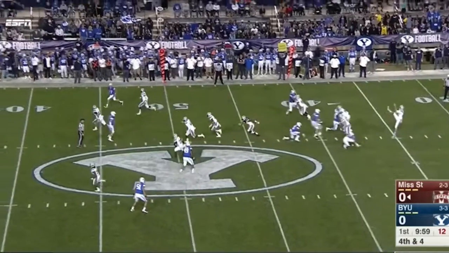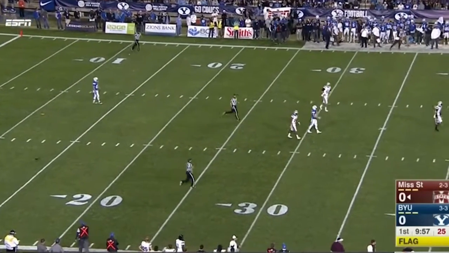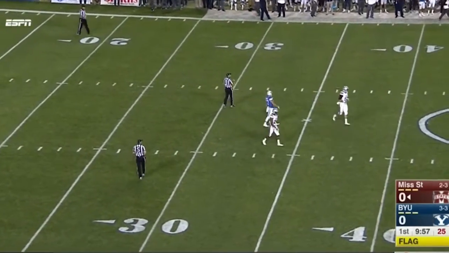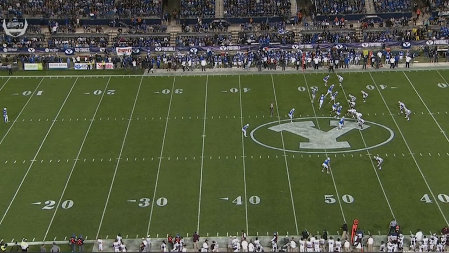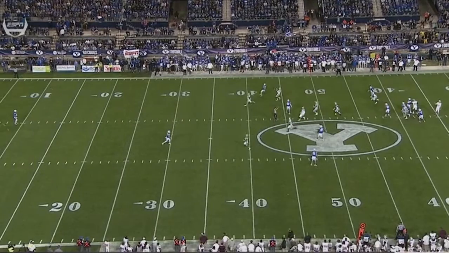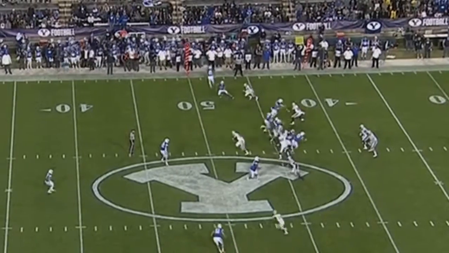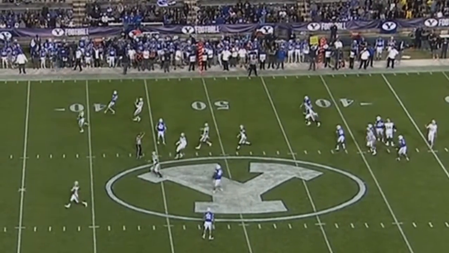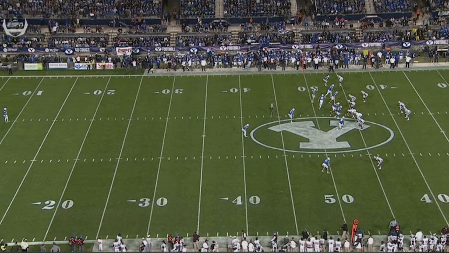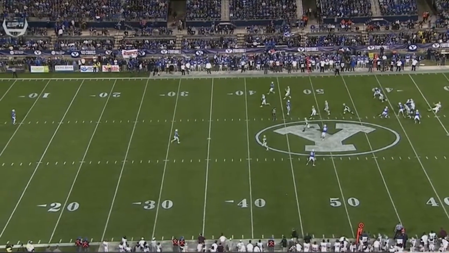Here's an illustration of a substitution infraction where the defensive team, the receiving team on a kick, is caught with 12 players in the formation on the field. I wanted to show this because it illustrates the point that if the 12 players are in the formation, this is a dead ball foul. The play is shut down and does not count. And in this case, it's an expensive penalty because since it was fourth and less than 5 yards, the penalty actually resulted in a first down because of the yardage, a 5-yard penalty. So this is an expensive penalty and a good illustration of a dead ball foul for having too many players in the formation.